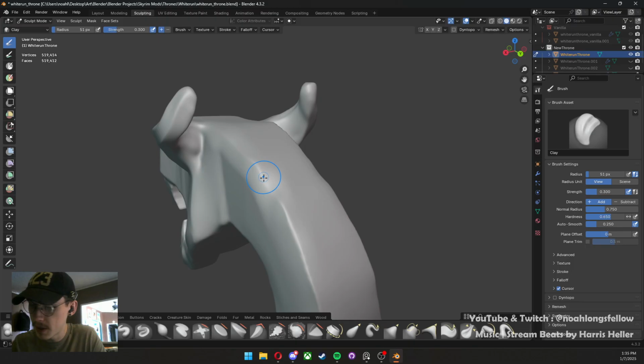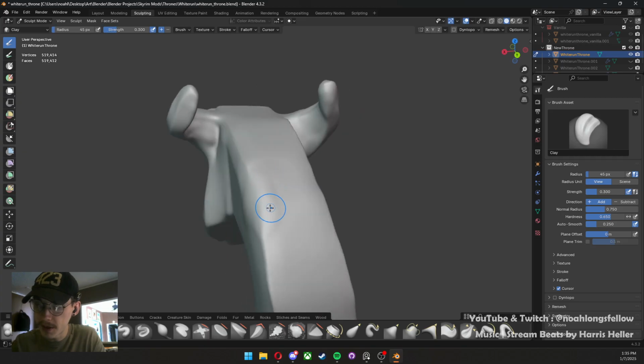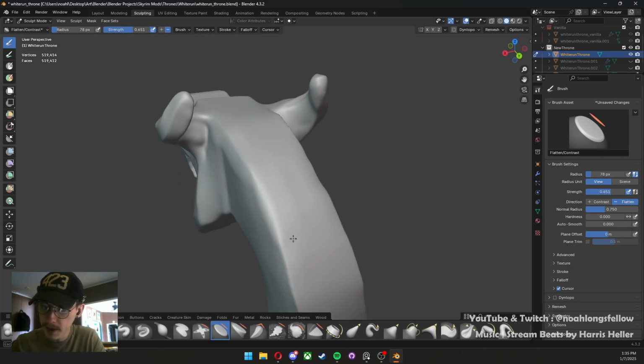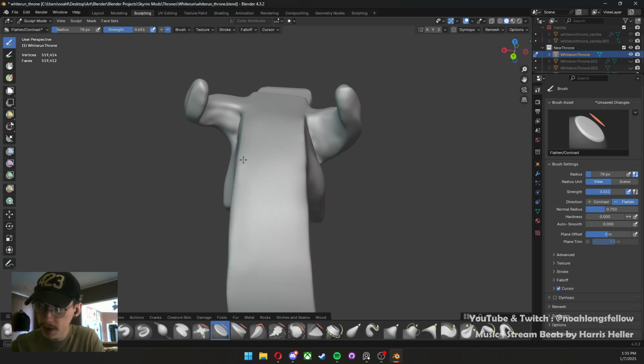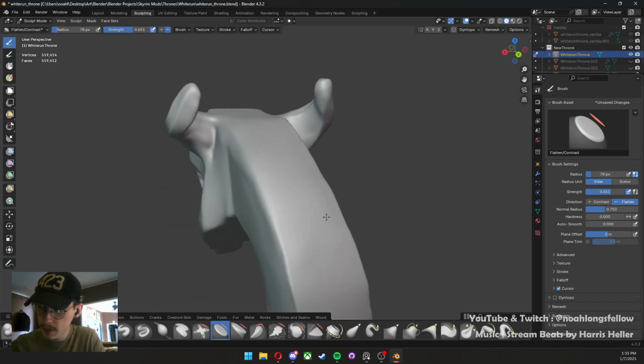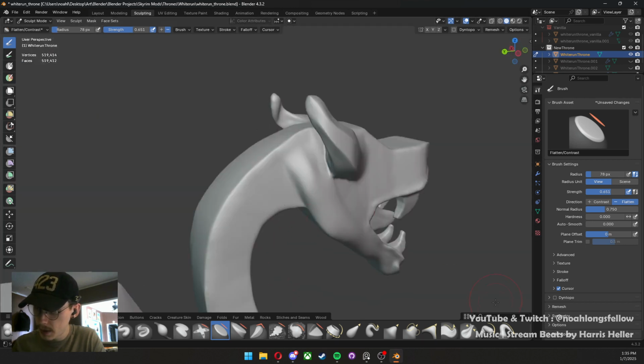Gotta add back some of this clay, some of this body to this. Put in that scrape too early. We were not at that stage yet. Now I gotta bring it back. Flatten tool, flatten out this side, flatten out this side, just to get some of that edge back. And then